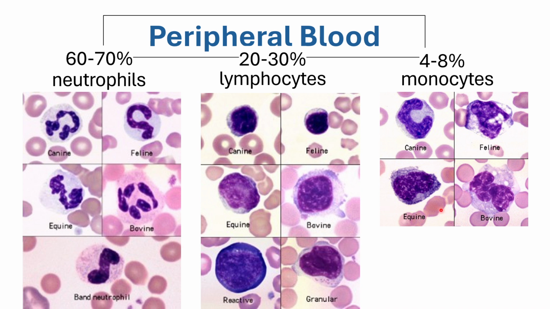Okay? For the monocyte, you can see that one monocyte is like 3 to 4 times the size of one RBC. While for your neutrophils and lymphocytes, it is not the case. It is almost just 1 to 1.5 times the size of the RBC. Okay? So again, do not forget to use your RBCs as a clue to determine which type of white blood cell you are looking at under the microscope.